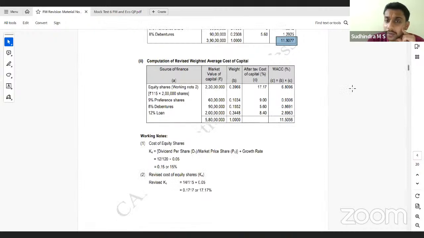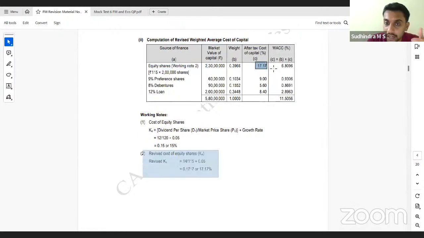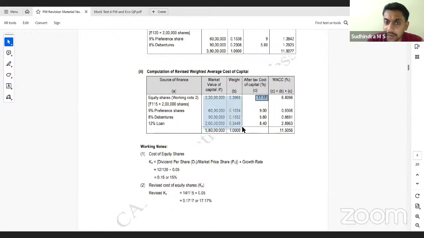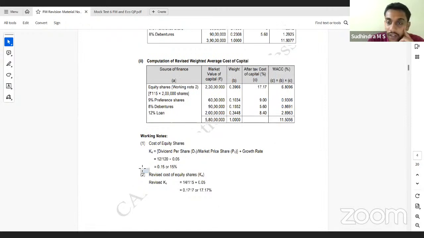Same way, revised WACC: the presentation, again getting equity, cost of equity, revised cost of equity, working note is important. Then presentation, weightage, market value. Here loan is extra in the revised WACC, and the final answer is 11.5056. So the same presentation in the same manner, bringing all the information, gives you 1 mark. Then calculation, this working note half mark, final answer 1 mark.